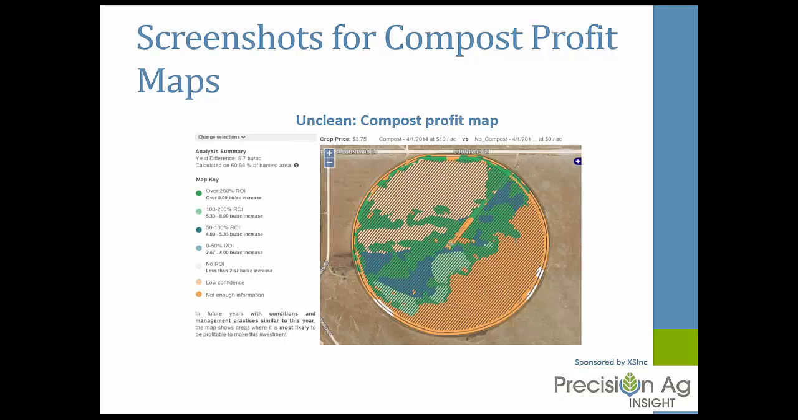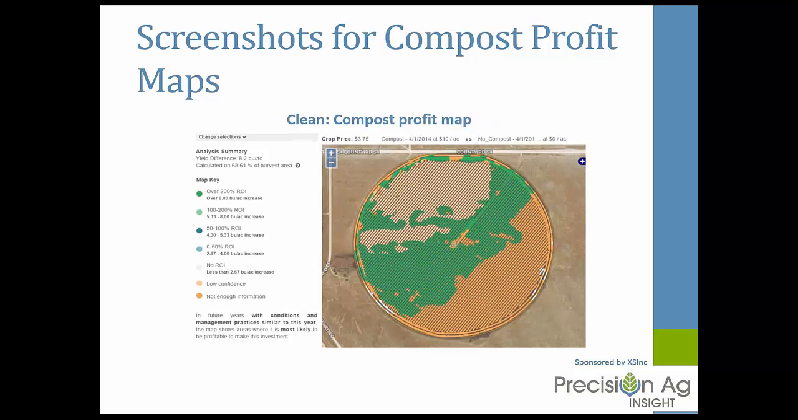But if we just concentrate on the dark green areas, which are over a 200% return on investment, and this is given a crop price of $3.75 and compost application cost prorated at $10 per acre over several years. Those were the inputs that we put in to determine this return on investment. Ben, if you want to go ahead and click on the next slide, the clean data,